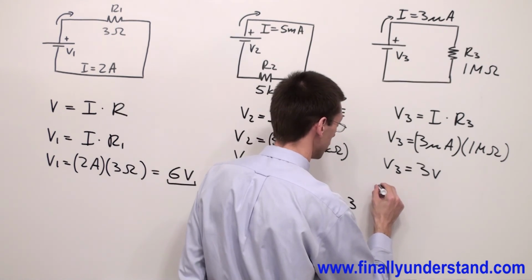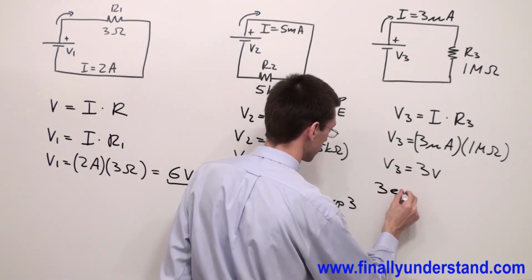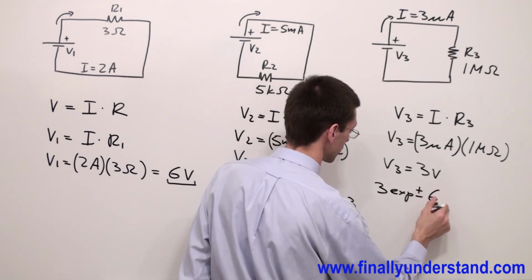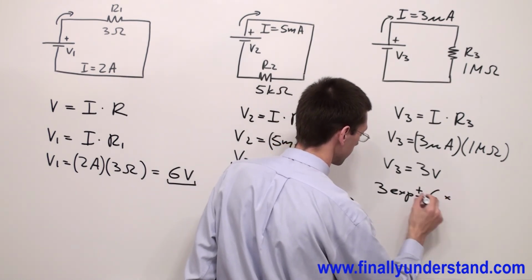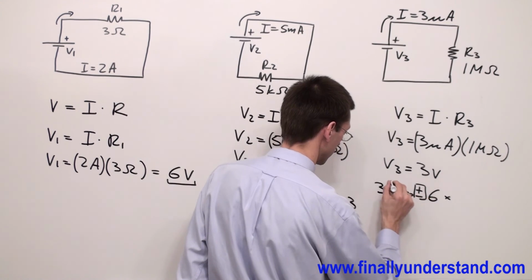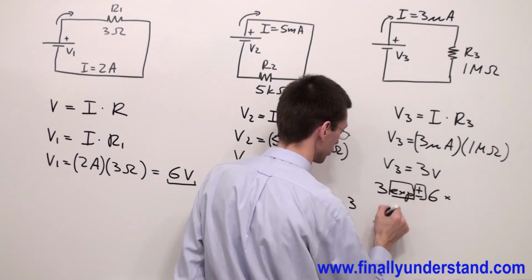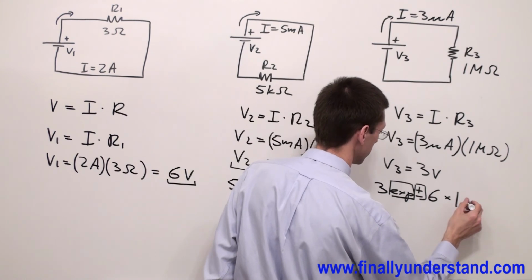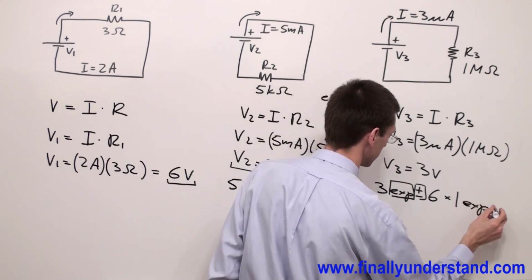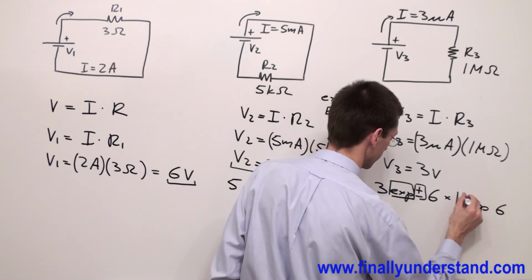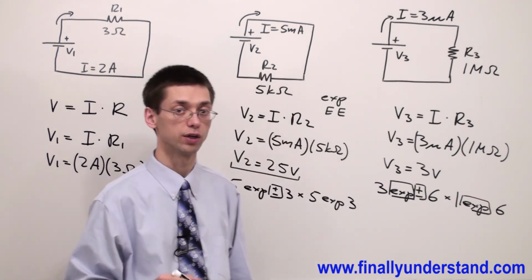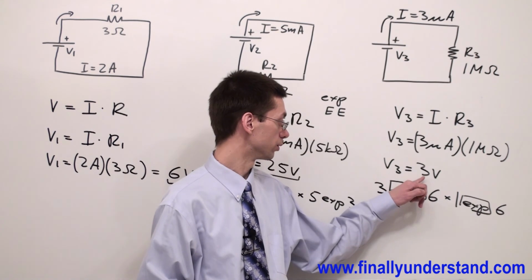Simply type 3 EXP plus-minus 6 times, these are the buttons which you're supposed to press, times 1 EXP 6. And if you press enter or equal, you are going to get